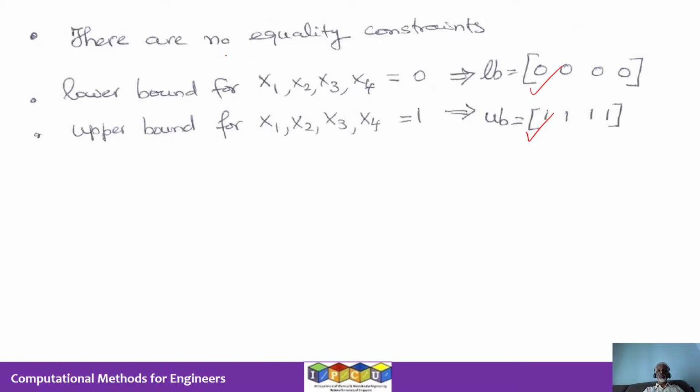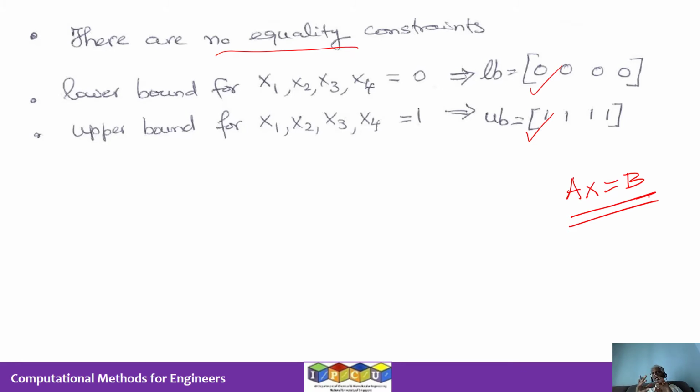There are no equality constraints. There are no linear equality constraints. So we don't have a constraint like A X equal to B. We don't have anything like that. If, let's say, in one of the cities they said that C3 should be exactly 20, not less than or equal to 20, but exactly equal to 20, then C3 would be a linear equality constraint because it should be exactly 20. The other three would be inequality constraints.